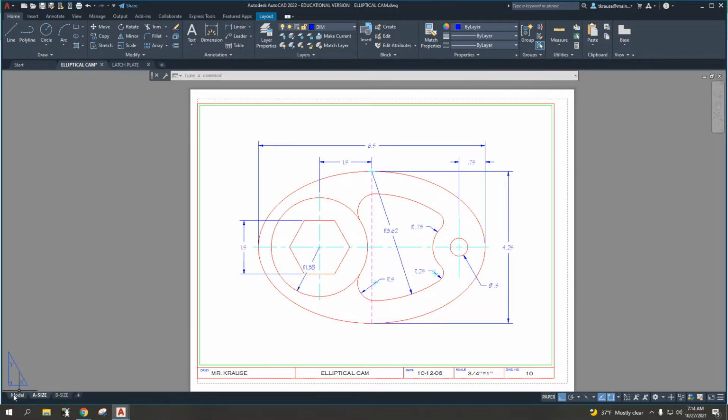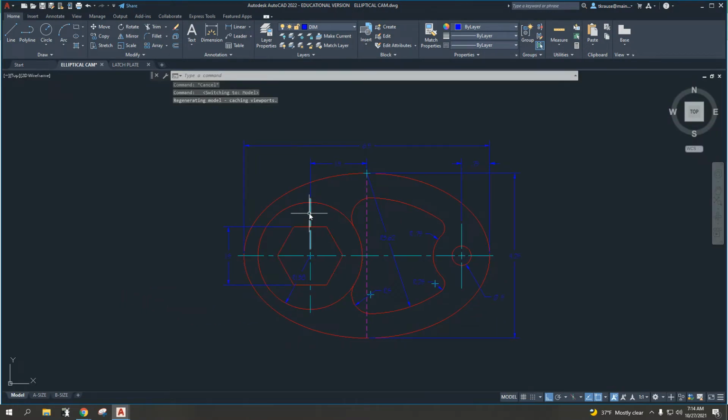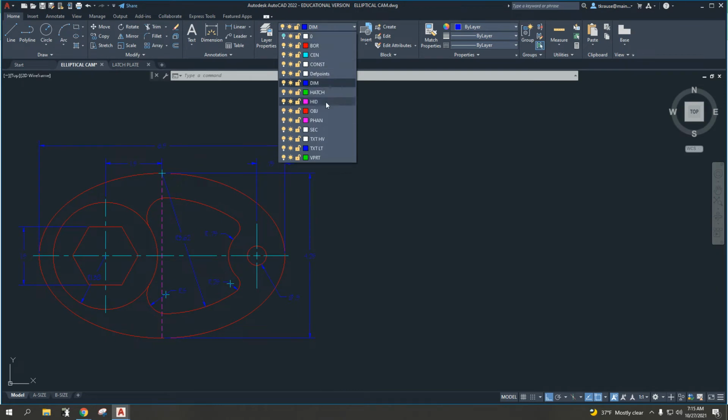You should already know how to, and maybe we'll go to the black background in model space, put in center marks, as we've talked about that in a previous video. You should already know how to put in a hexagon or a polygon for that matter, as again that was discussed in a previous video. So the new stuff for this particular activity is going to start with, I'm going to select the object layer